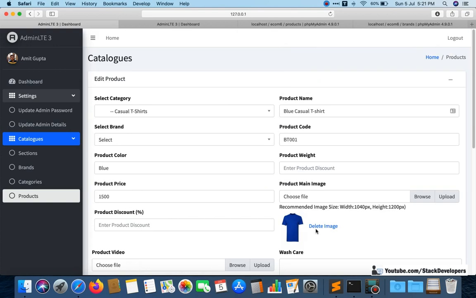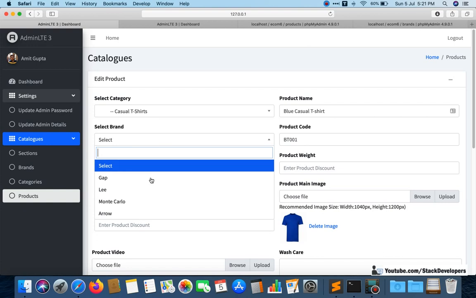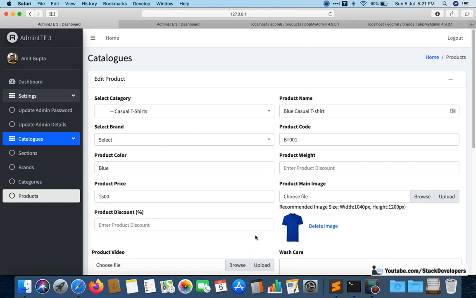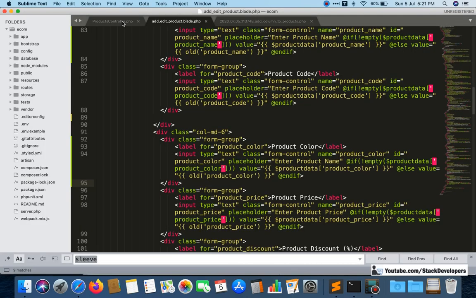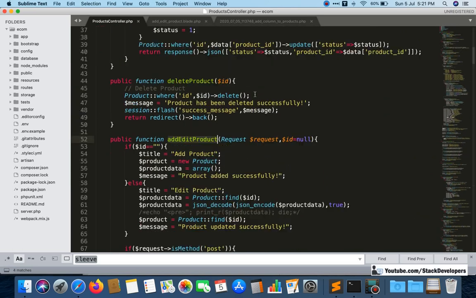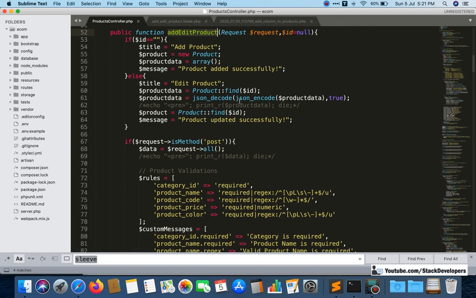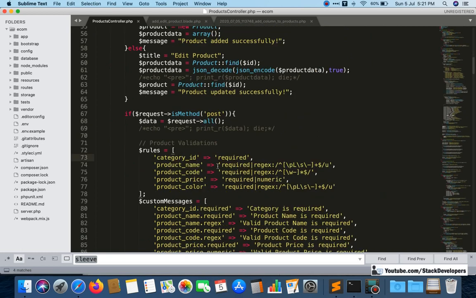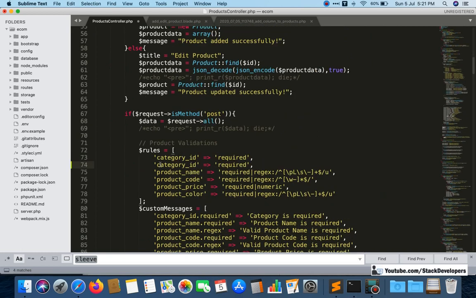Now after this change, we can select one brand, but we need to update our function here, the add/edit product function. We want to select the brand as well, and we want to make sure that brand_id is not empty.